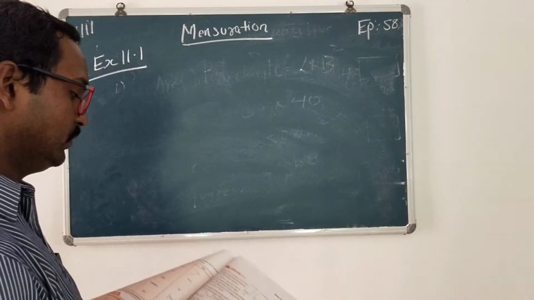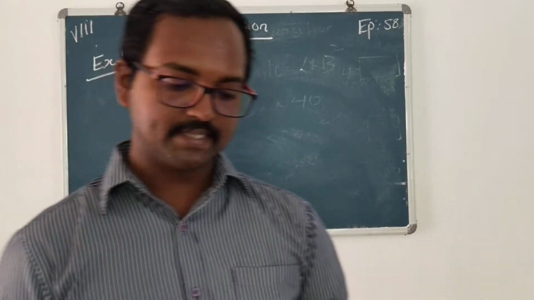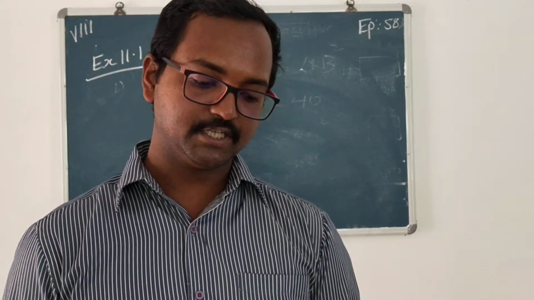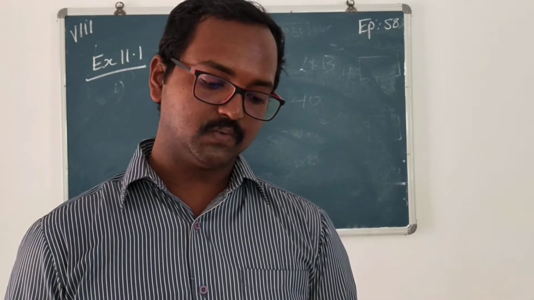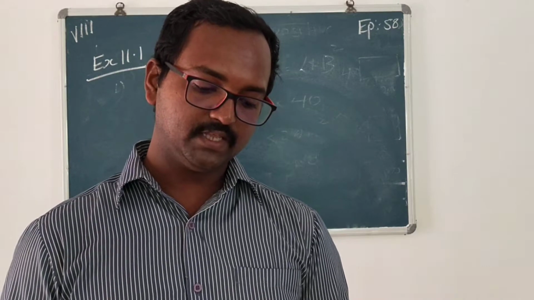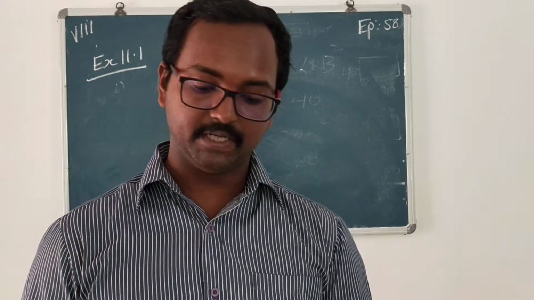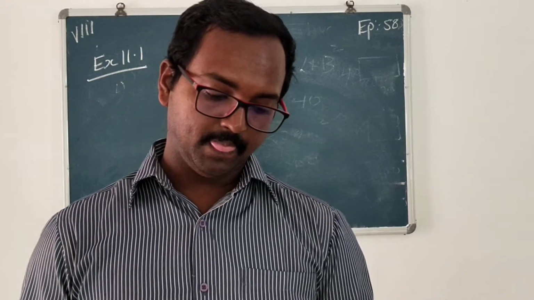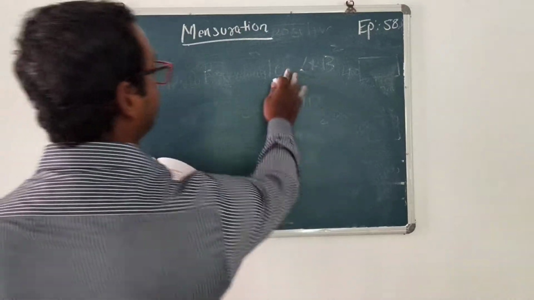So in the question number 2, let me read out. Mr. Kaushik has a square plot with the measurements shown as in the figure. She wants to construct a house in the middle of the plot. A garden is developed around the house. Find the cost of developing a garden around the house at the rate of 55 per meter square. Okay. So Mr. Kaushik has a square plot. His plot is like a square.